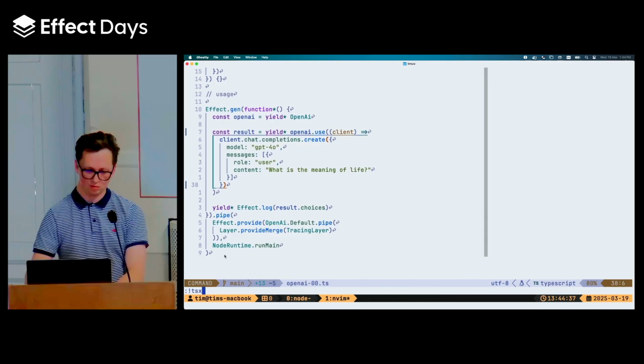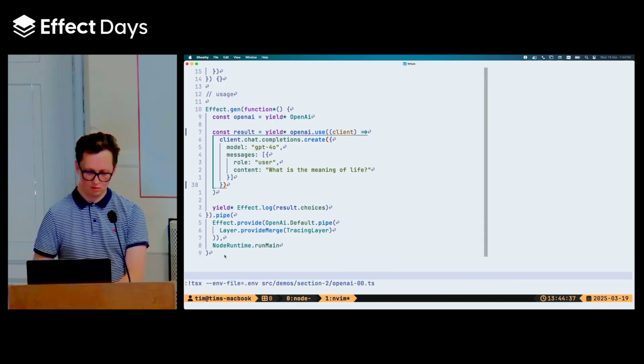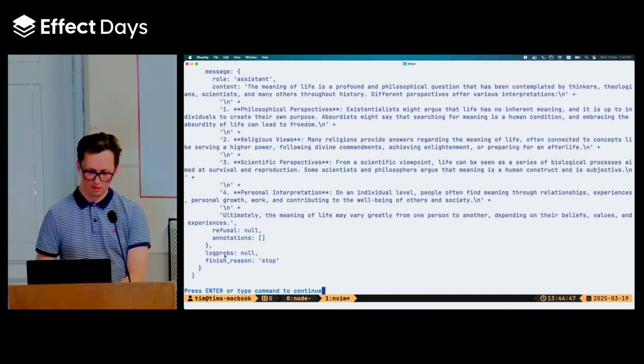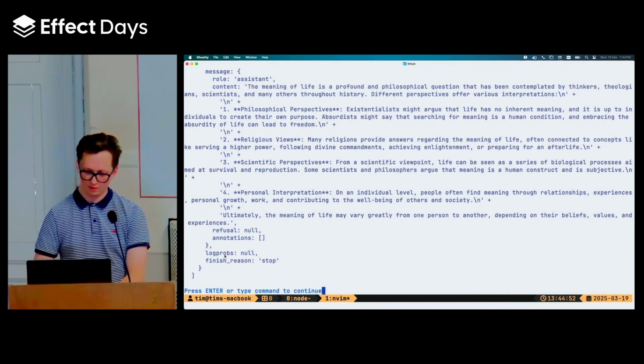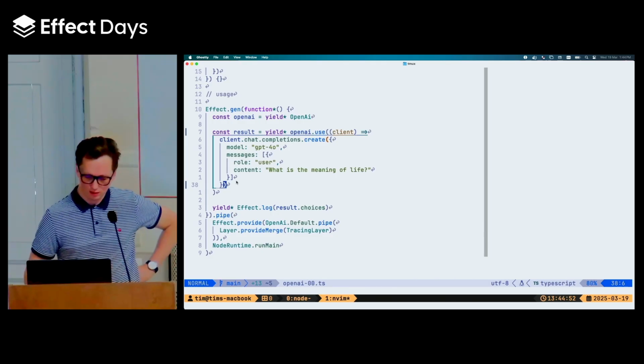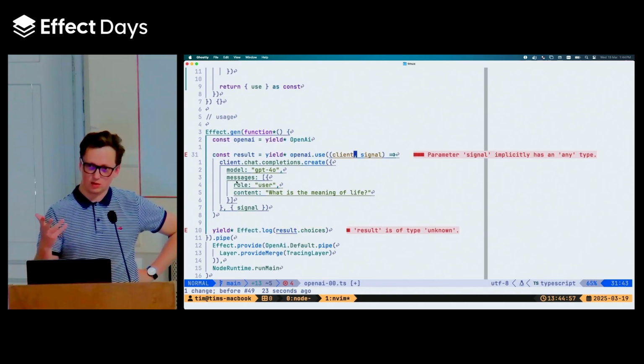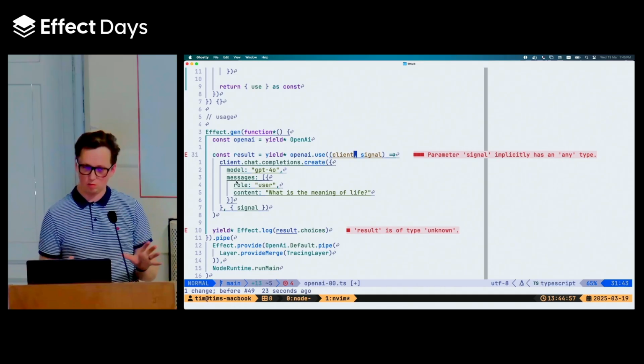Let's see if I can run that. What is the meaning of life, OpenAI? And it's given us a bunch of philosophical reasons on the meaning of life. Great, thank you. And that's a good start, and that's kind of like what I would use